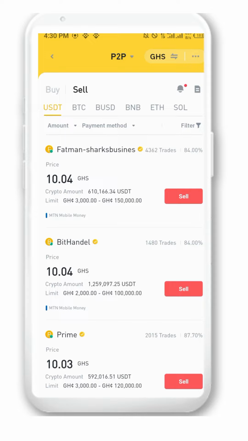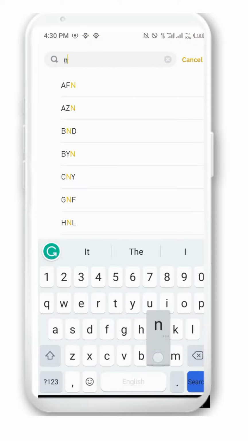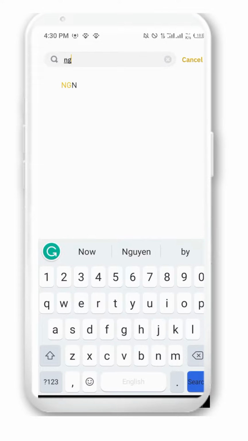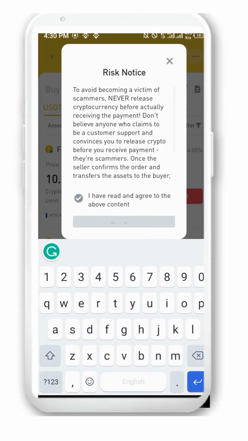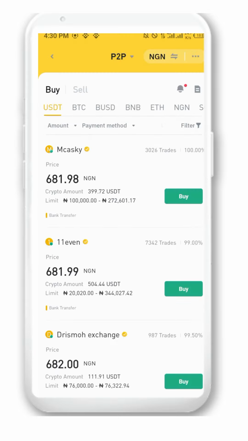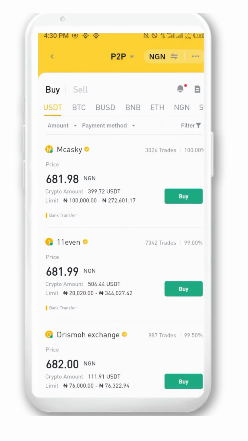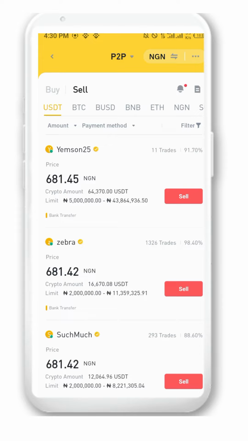So I have to change it to Naira. So I'm changing my currency to Naira. Let me click on NG. Okay, so I've changed it to Naira. So I want to sell. You click on sell. So the next thing you have to do is you have to confirm